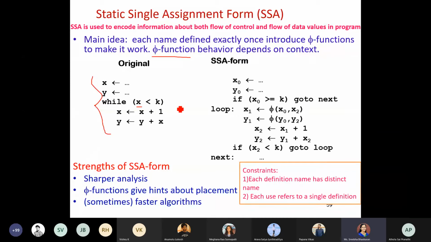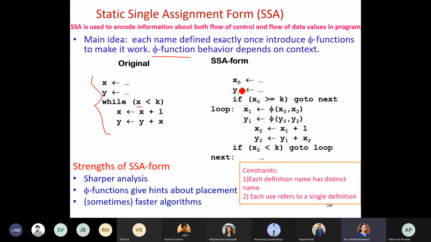I will just show you how this SSA form would have been created for this original program. Whenever you are initializing any particular variable for the first time, it will start from 0 or 1, based on the program and based on how the compiler has been designed. Either the index would start from 0 or from 1. So accordingly, you can start it.